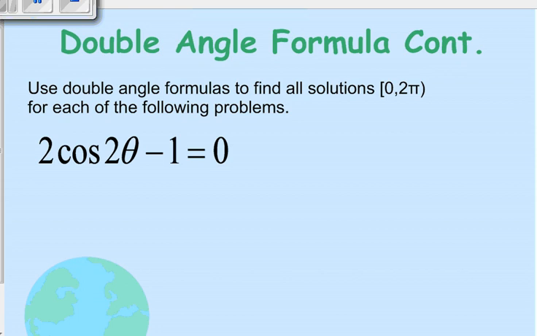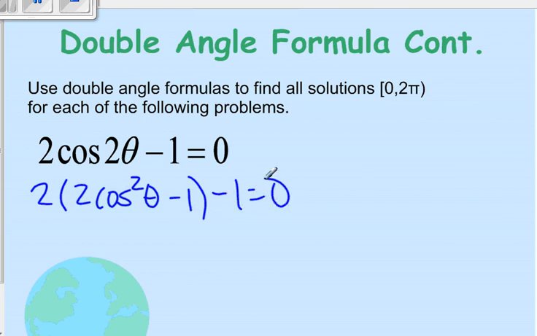It doesn't matter if you choose the one with just the sine or just the cosine, but I would not choose the one that was cosine squared minus sine squared, because then we're going to get two functions in there, and we don't want that, right? We want everything to be the same. So I'm going to change it to the cosine. So I'm going to do 2 times 2 cosine squared theta minus 1